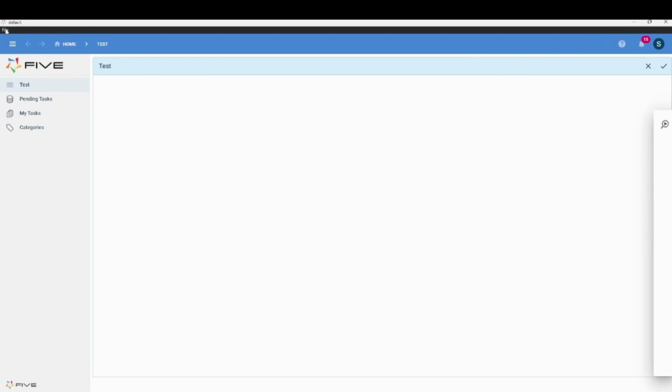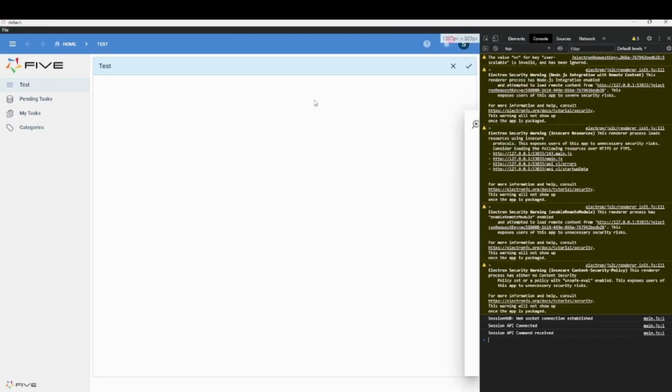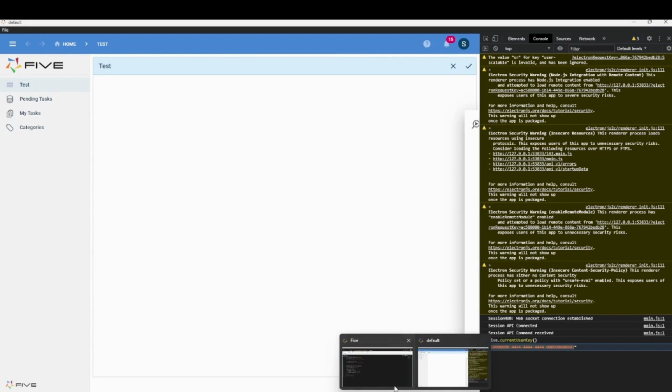Now what you want to do is click on file and then debug, and then you get your inspector, basically, which is available as DevTools inside Edge and Chrome. Now what you want to do is type in 5.current user key, which is a function. Now this is your user key. What you're going to do is simply copy that, go back to 5,